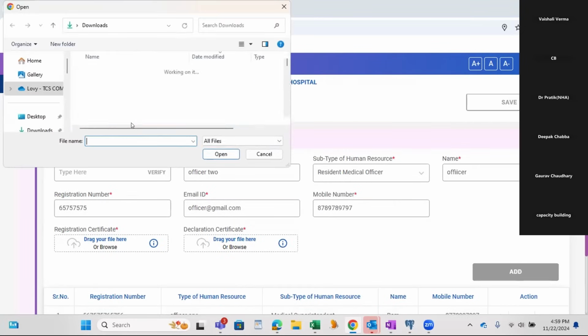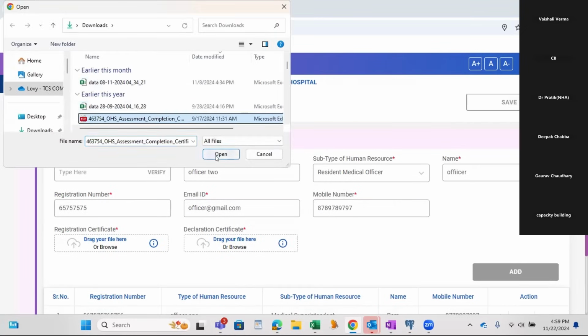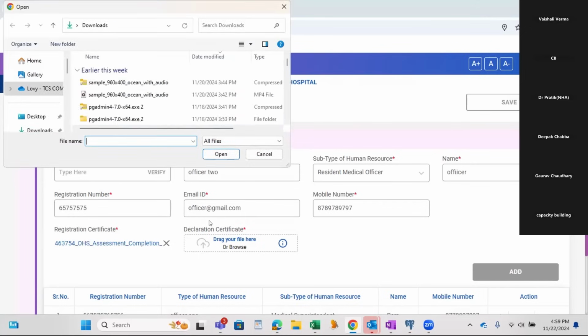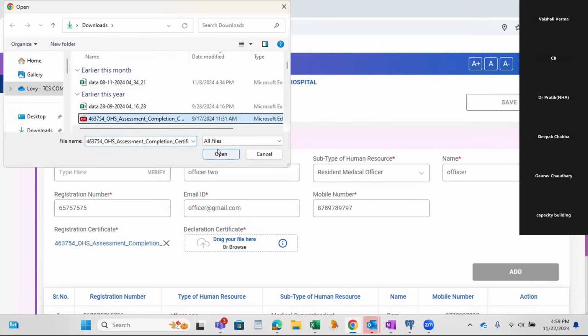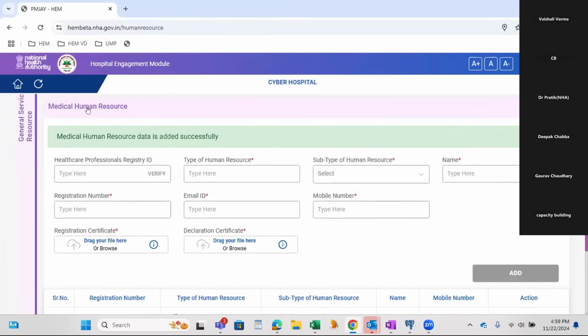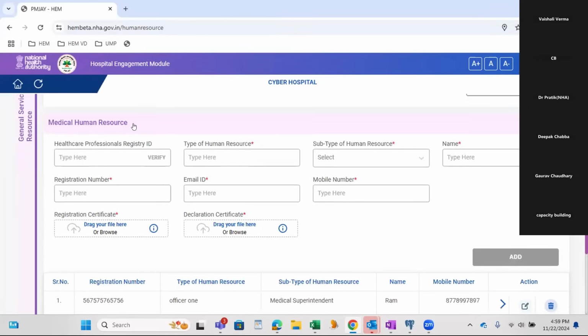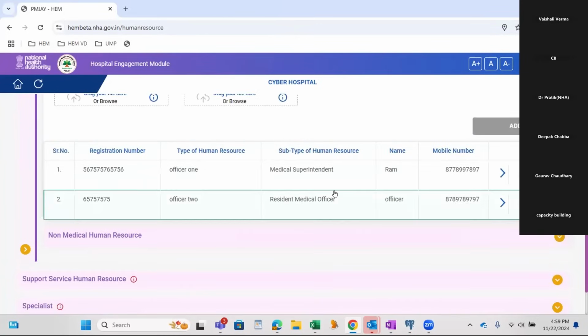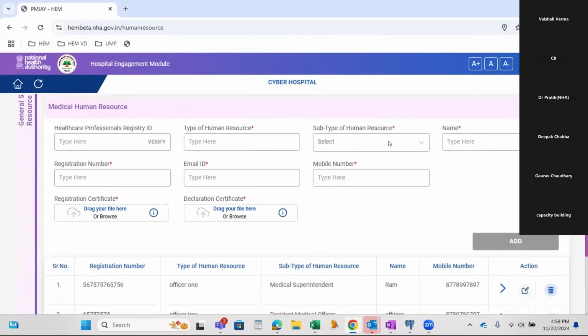And then attach the certificate for this officer as well. Click on add. Since we have added the mandatory details, this eye icon is also removed and we can see the two entries. So these are all added in this section.